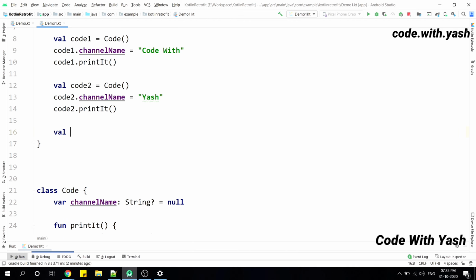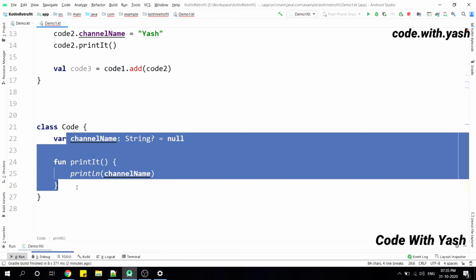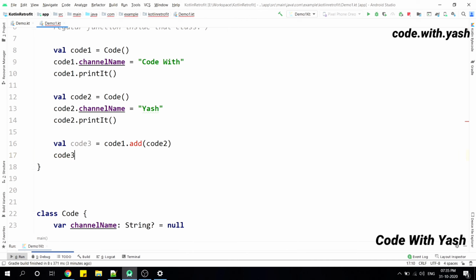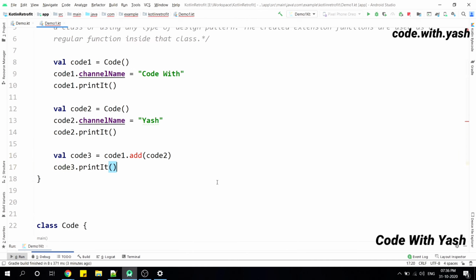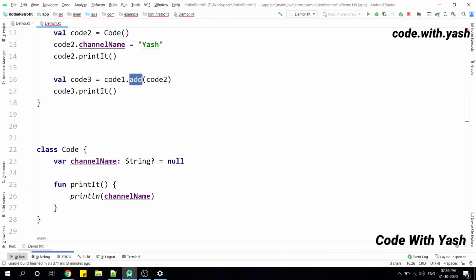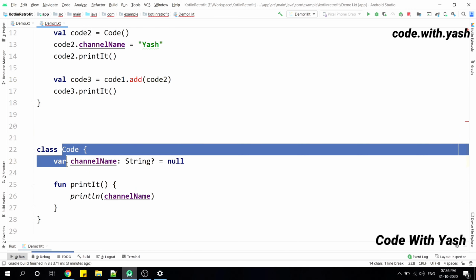First I'll try to add these two strings: code3 equals code1.add(code2). But this add will not work because in the Code class we do not have any add method. Let's also try to print this by using our printIt method. As we can see, add is not working here because this Code class does not have any add method.